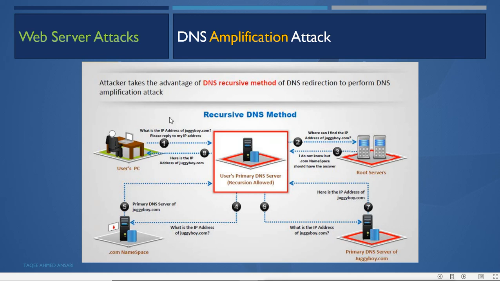Now what does the attacker do? Because you can see this DNS server is doing lots of work here. The attacker sends a very large amount of requests for different domains, and this primary DNS server will start doing recursive queries for each request, and it will get very busy, go down, and get confused. So this is how to deny service to the DNS server by using this DNS amplification attack, by sending lots of recursive queries to the DNS server.